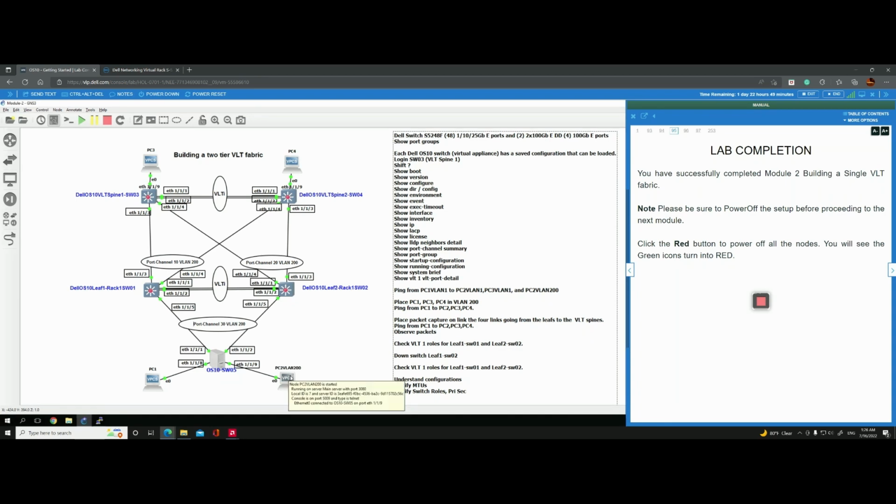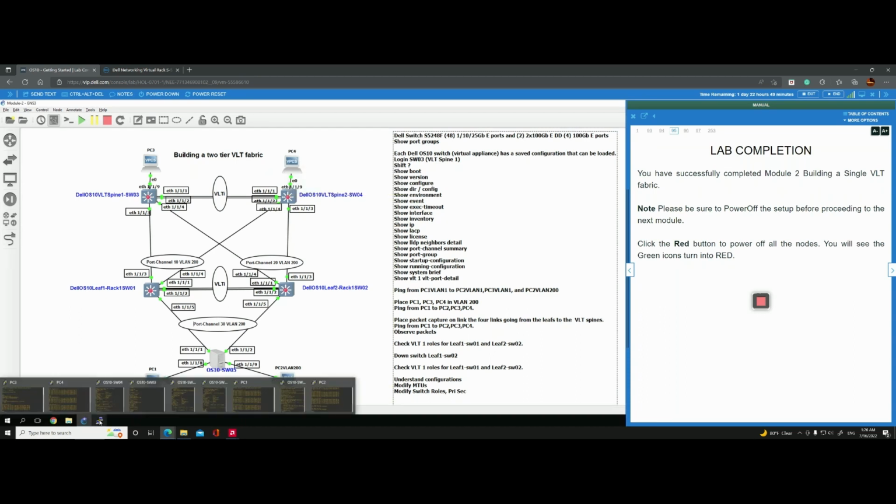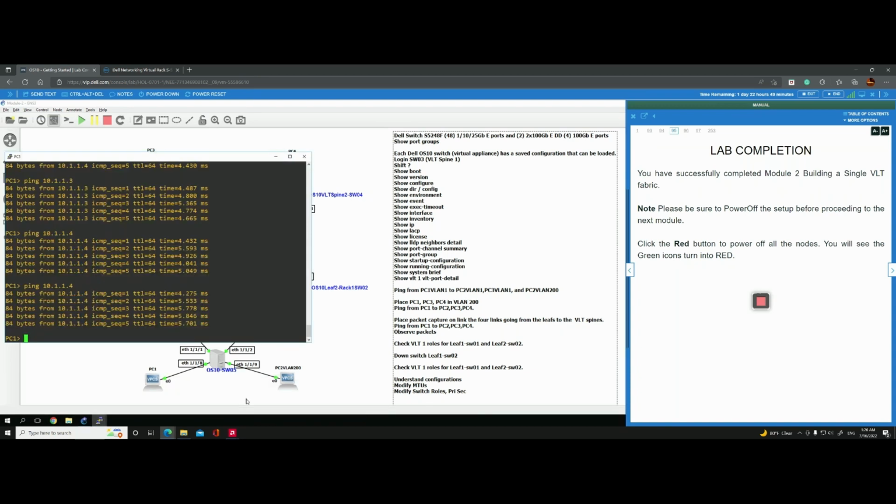PC2 is in VLAN 200. So I should be able to ping from PC1 all the way to PC3 and PC4. I should not be able to ping PC2. So let's test that. Let's go to PC1 here, and let's do ping, and then let's do the IP address